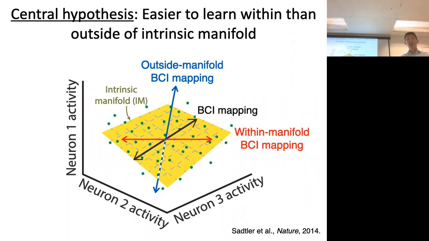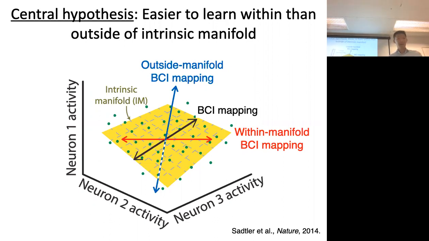It turns out that there were multiple studies done before us which did these sort of outside manifold mappings and showed that animals were able to learn them under certain circumstances. And they didn't call them outside manifold mappings, but if you look at the methods and how they switched the mappings, they were of the outside manifold variety. So this is to say that it's not the case that these outside manifold mappings are impossible for animals to learn. Everyone okay with this so far?